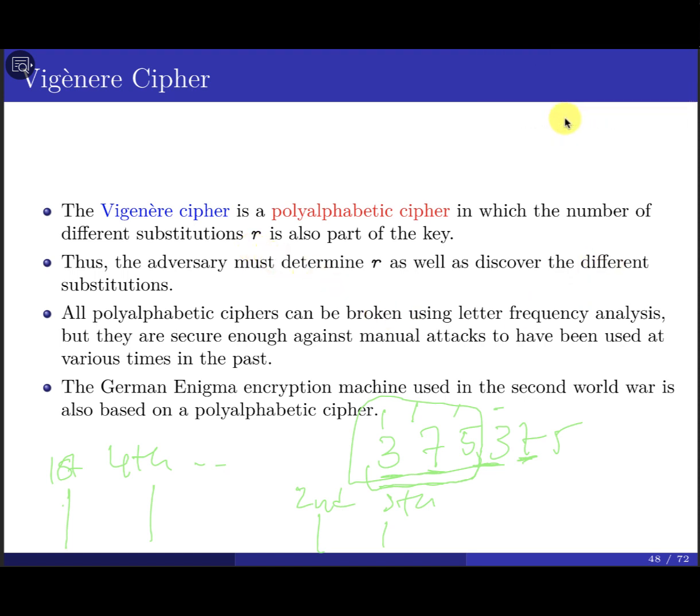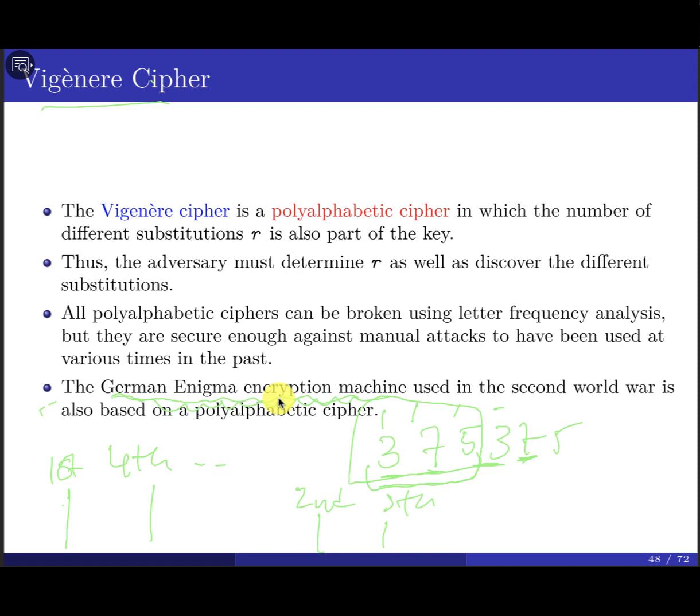Exactly. Remember, you're right. This is the same thing. This is the Vigenere cipher. The German Enigma encryption machine used the same technique based on this one. Actually, I'm not sure. I think I didn't teach a cryptography class here at IIT, but I guess if we teach it, we are supposed to go over different techniques. How can we crack this one? So we're going to see, for example, what the mathematician did exactly, how he cracked with his team the Enigma encryption machine.